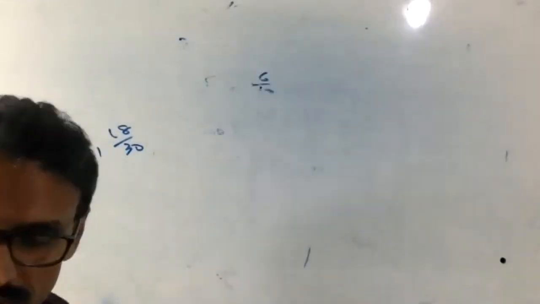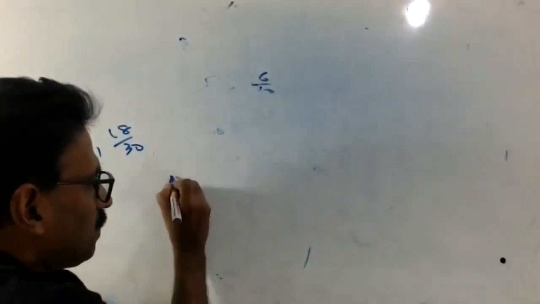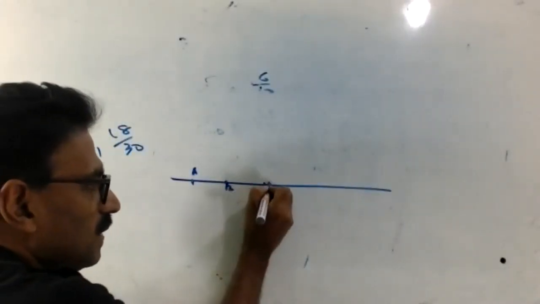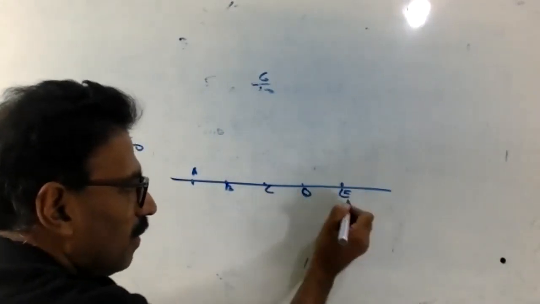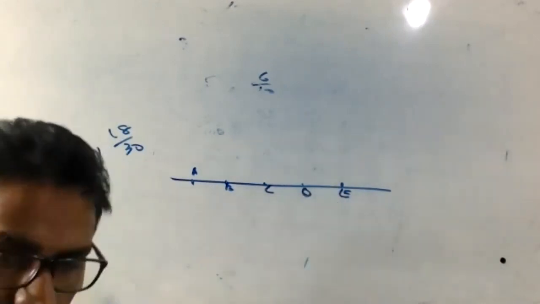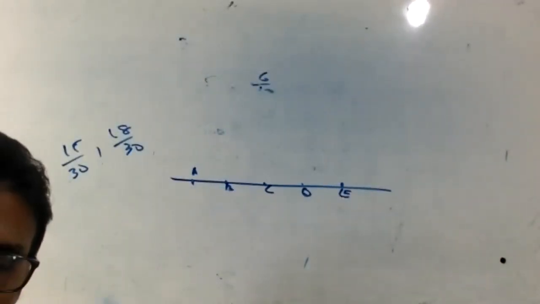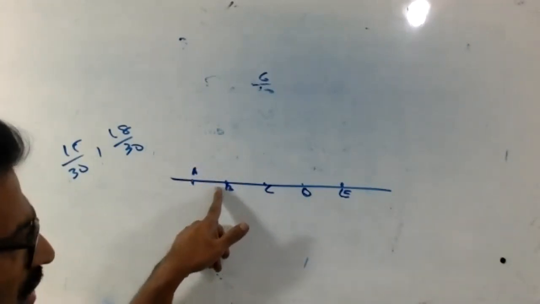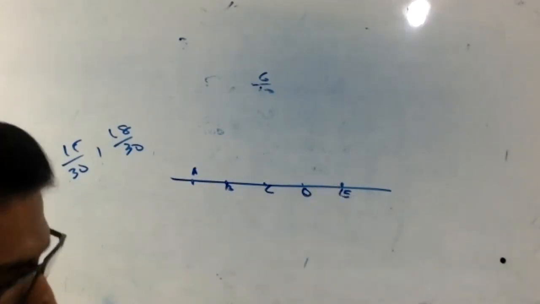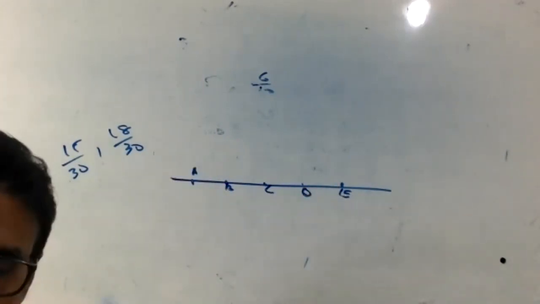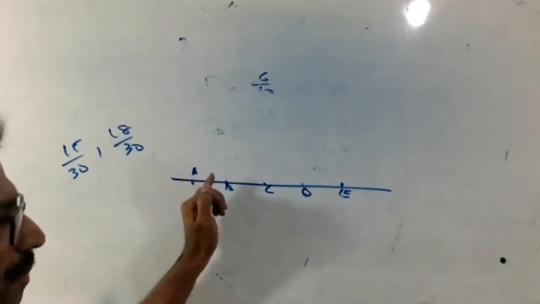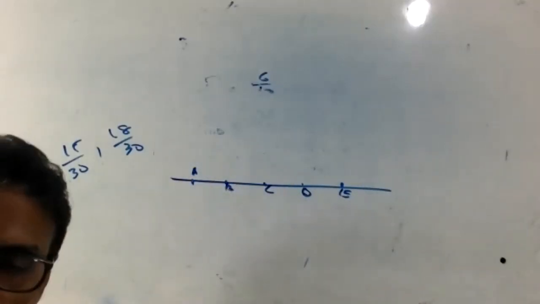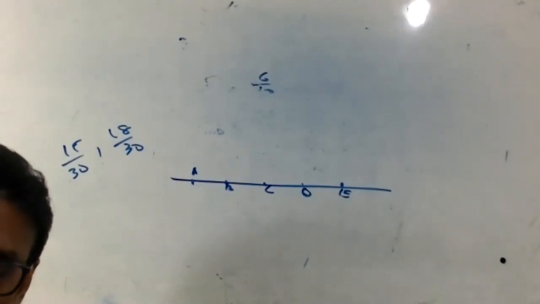Between, listen. Look here, I'll show this one. In a bench, student A, B, C, D, E, 5 students are sitting on the bench. The first student's name is A, the second B, C, D, E. From A to E, you are giving a gift, so you have to give A, B, C, D, E. Between A to E, that means B, C, D only. I hope that is clear now.